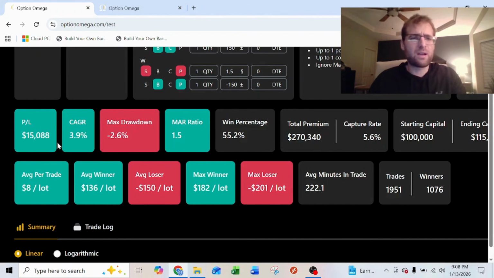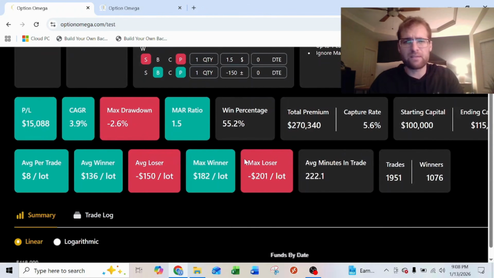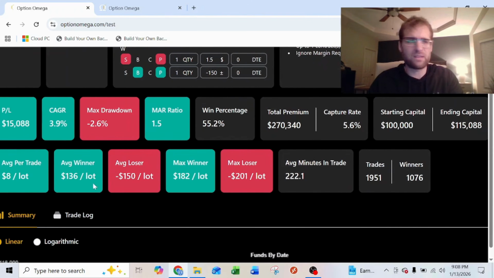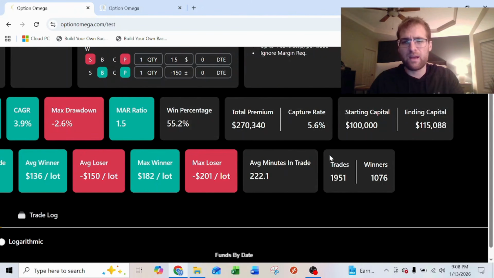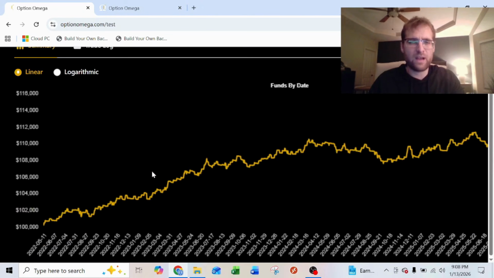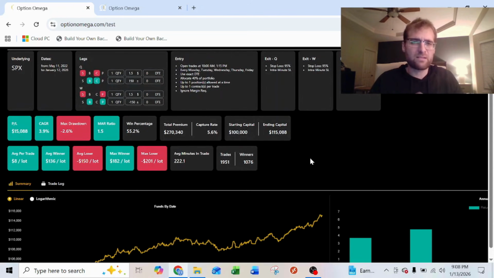So P&L on the back test, and this was from the start of dailies, $15,000, capture rate 5.6%. I'm retaining $8 per lot, and I open 1,951 trades. Here's what the equity curve looks like. Pretty solid, right? Now let's hypothesize that if VIX increases overnight, so if volatility increases overnight, that maybe premiums will